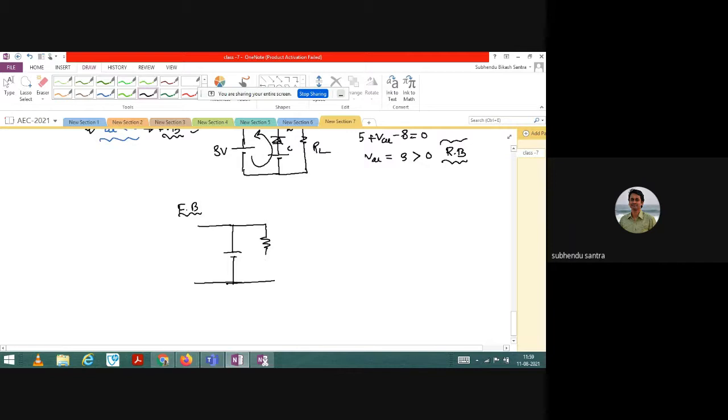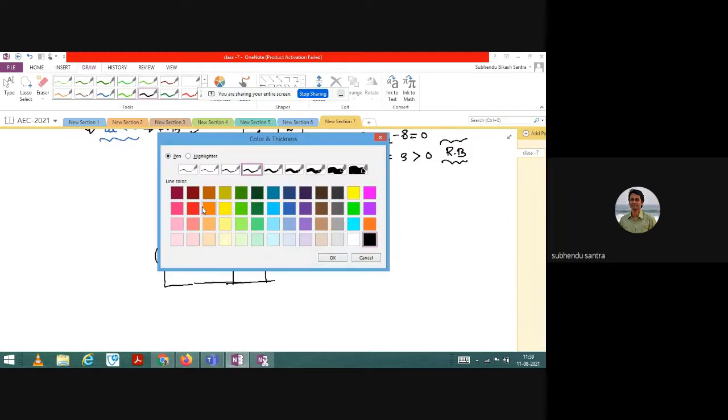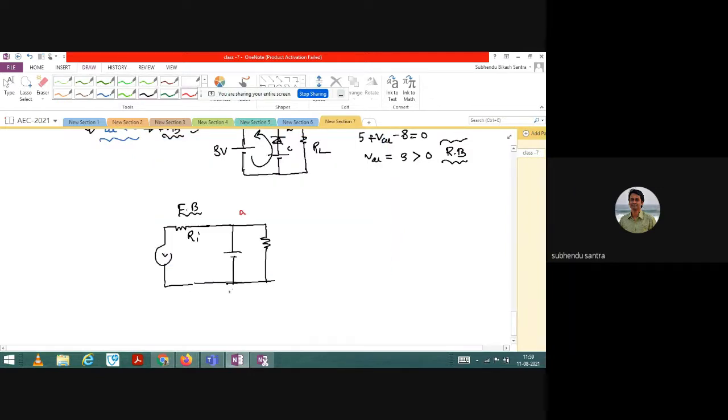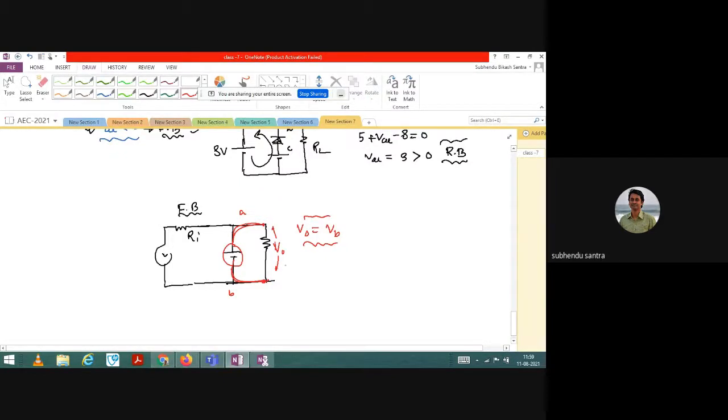And this is the load resistance, and here you have Ri. The diode is forward biased. When the diode is forward biased, based on the VAB potential you have already calculated, this battery voltage is actually dominating. The battery voltage is directly connected to the load resistance. So V0 I can directly write as VB, because the battery is directly connected to the load resistance, which is V0. Am I clear to you? Yes. Now, when the diode is reverse biased,